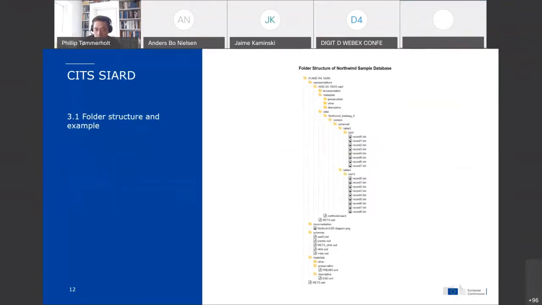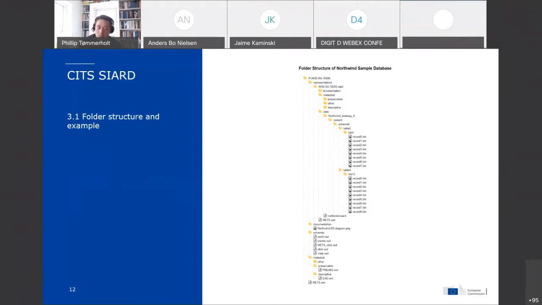If you go back to the folder structure, you can see the representation folder. There is just one representation called avid.sa 18005, but there could also exist more representations within this representation folder, and thereby exist different representation METS XML files. So this representation METS file actually describes the content of the single representation, and we have found this really important